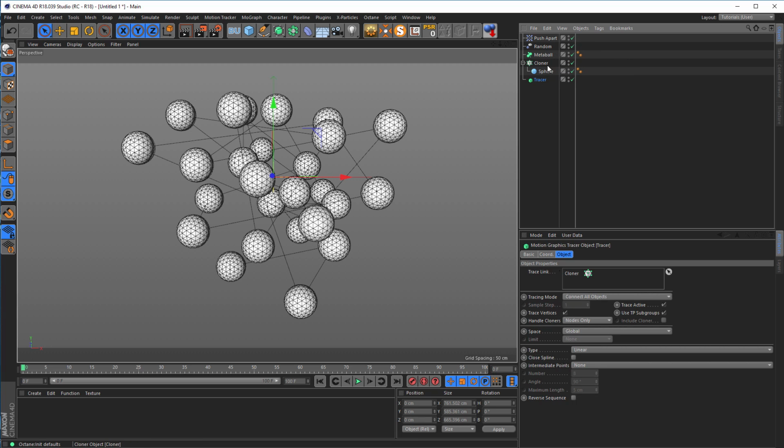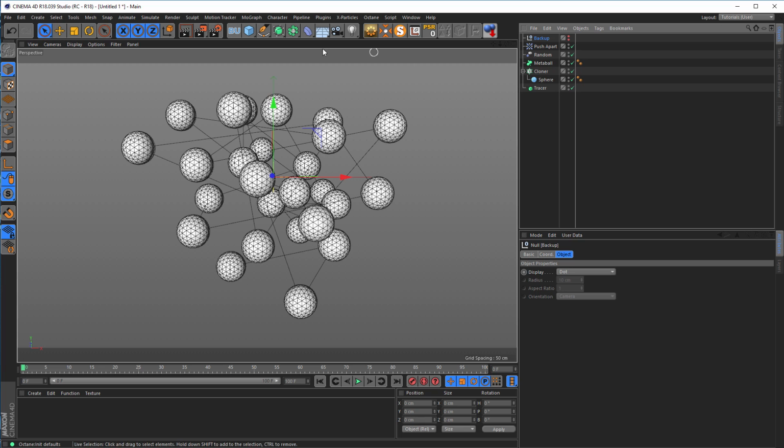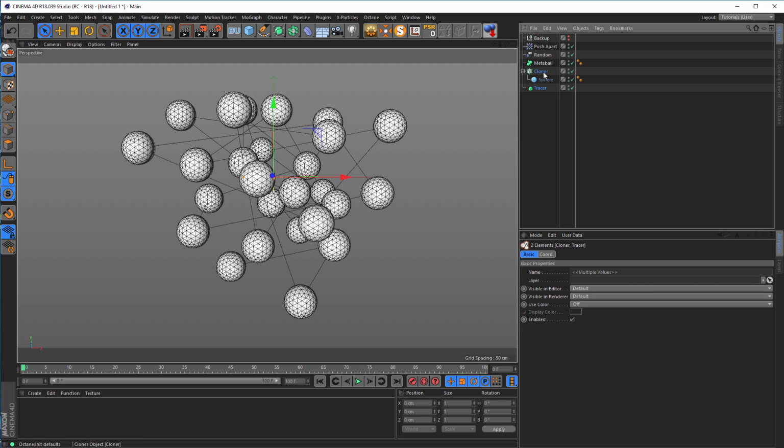For this I want to make a copy of my things as backup, so I make a backup folder. This is just my script that makes a null object and hides it. And you will find everything I use here in the description of this video, every link you need and everything. So I copy the cloner and the tracer, Control drag it into the backup folder and